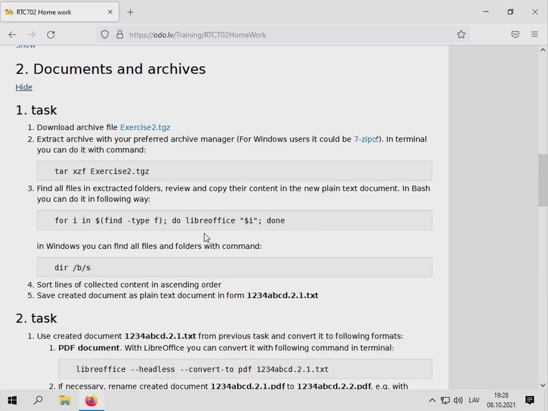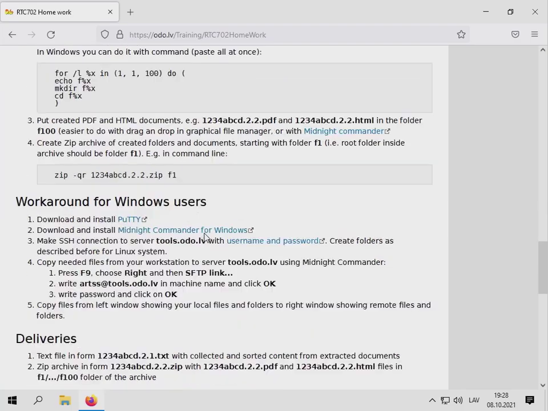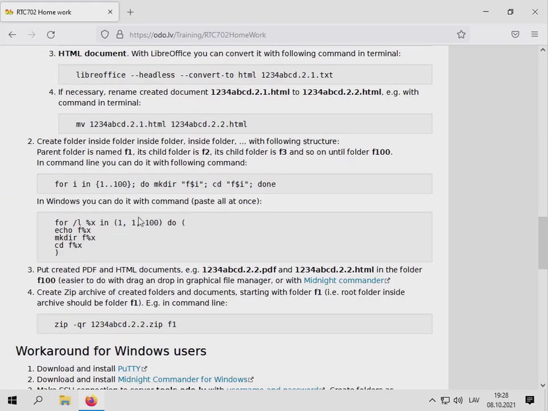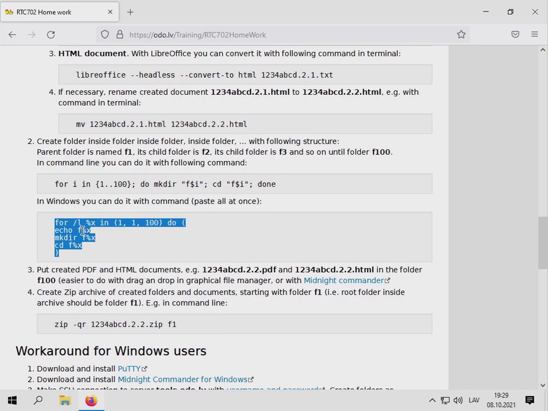So for this second homework, one of the things I thought you could do is, for example, to do some automation to easily create folder inside folder inside folder for this exercise. And I came up with this, and I also checked what my problem was. If I put it in a script, you need to double escape these variables, like %% instead of %.